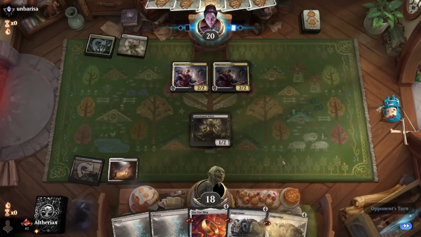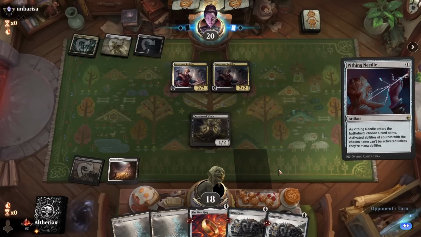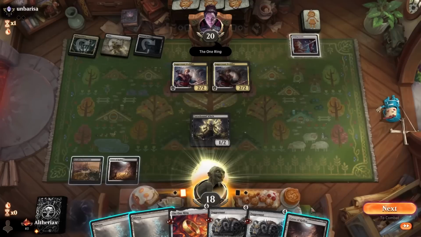Wow, they take the Intent. That's kind of a surprise. Maybe they have a third Peddler. Oh, no, okay, so they have Pithing Needle, so I assume they just named the 1 ring here then. Yeah, okay, so 1 ring is named, but...